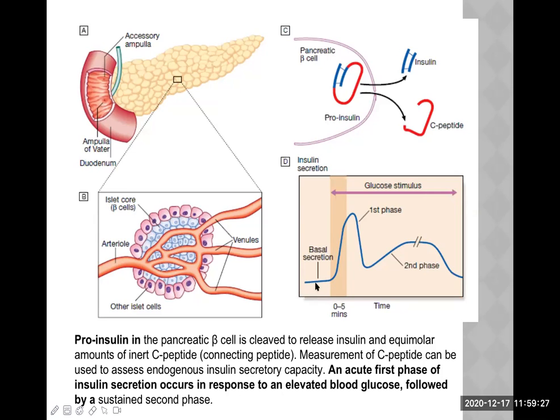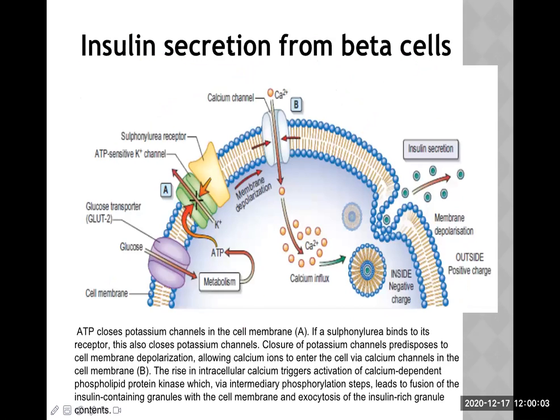Now, this is the basal secretion of insulin, okay? And this is the second phase of insulin secretion. The first phase is the acute phase, we say. It is in response to the elevation of the blood sugar level. And the second phase is a sustained release of insulin because of other nutrients, or when the blood sugar is relatively decreased in the blood, it still gets a bit of stimulation. So this causes a sustained or second phase of release. Now let's move on.